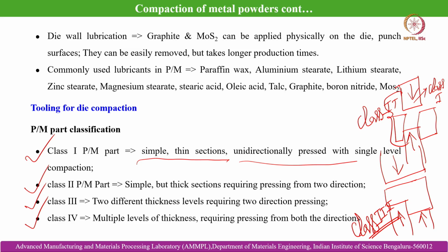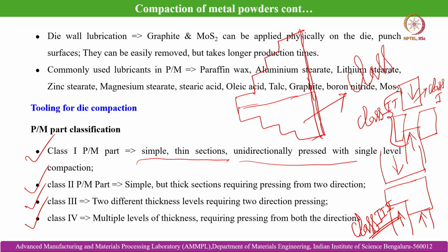directions. That means, with even further steps involved in the thicknesses, a typical example can be like this, like a stepped part where multiple punches can be needed, and this thickness cross sectional variation can be at one side, and can also be present on the other side like this. Okay. So, this is a typical representative part which is classified as class 4